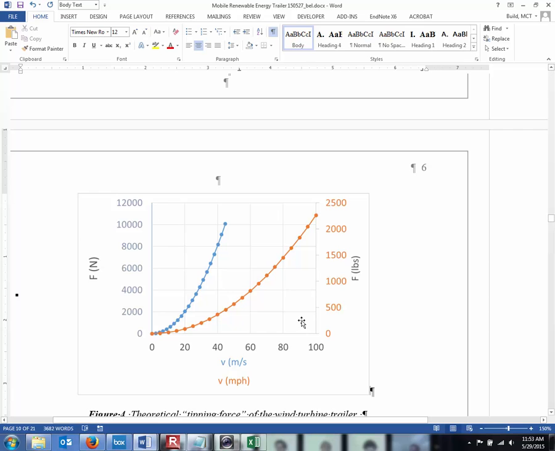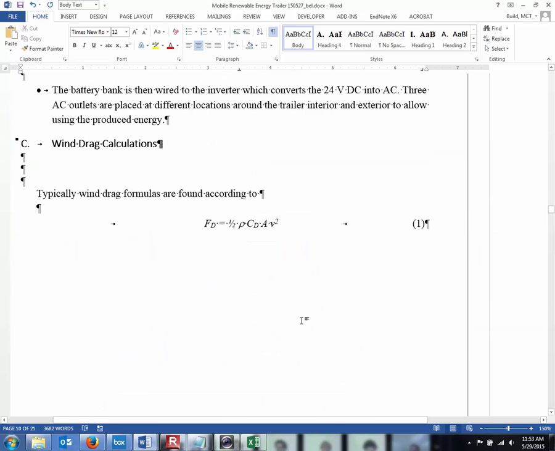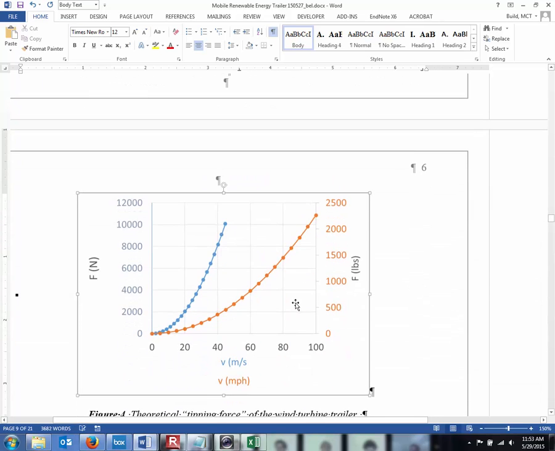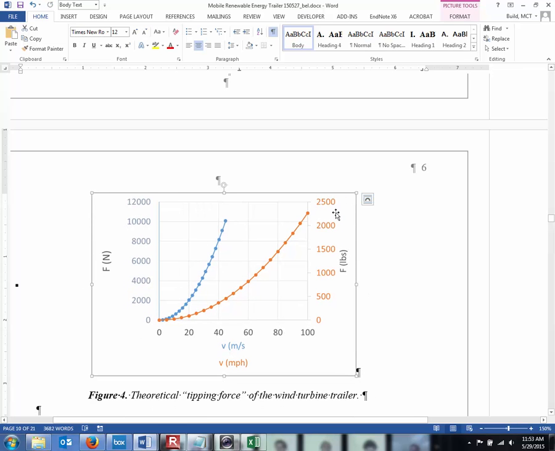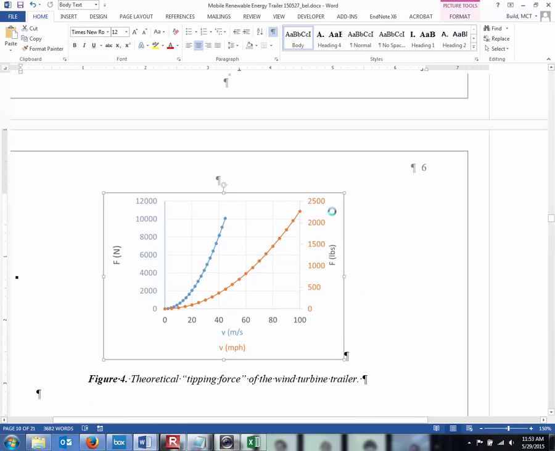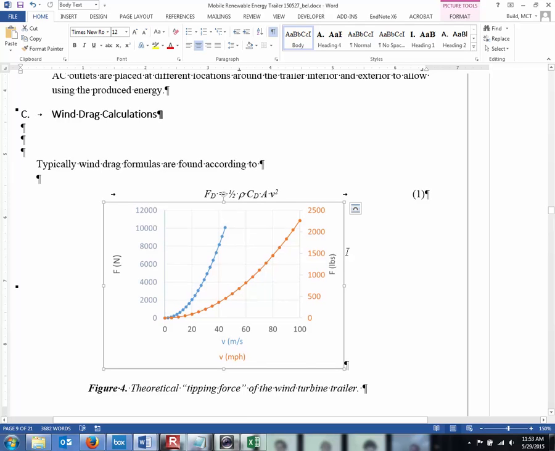Okay, now it hopped over to the next page. Now I've got a bunch of white space up here. If I make it smaller and smaller, eventually the whole thing hops back up there, right? And that's something you do at the very end of formatting. Keep with next. The picture keeps with the next,